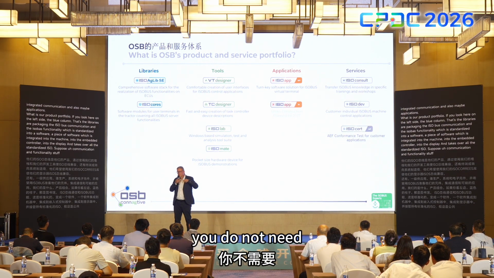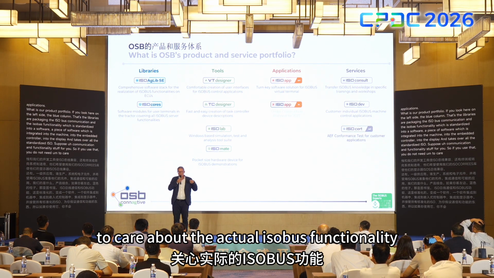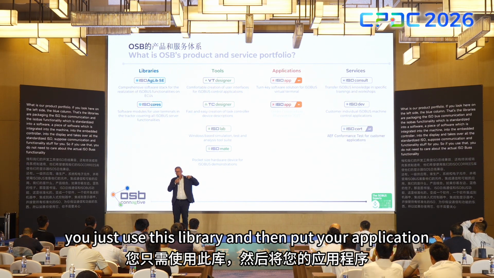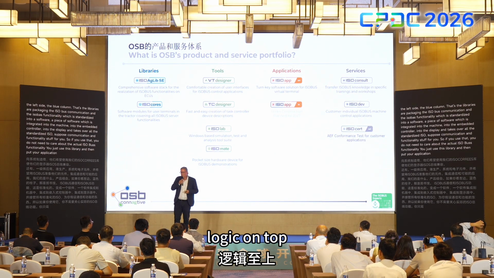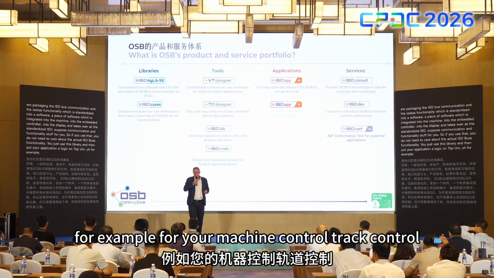So if you use that, you do not need to care about the actual ISOBUS functionality. You just use this library and then put your application logic on top, for example, for your machine control, tractor control, whatever.